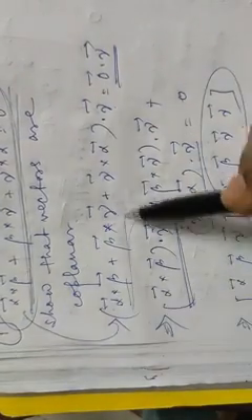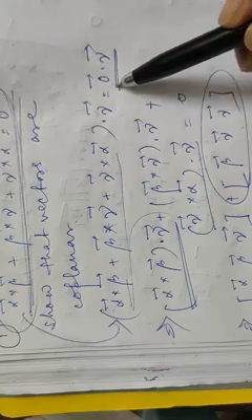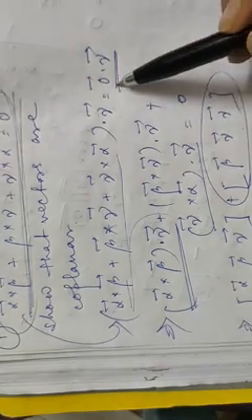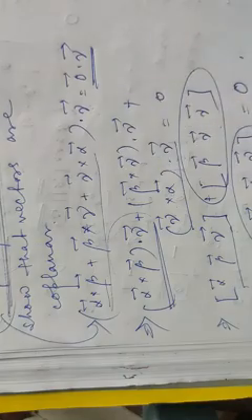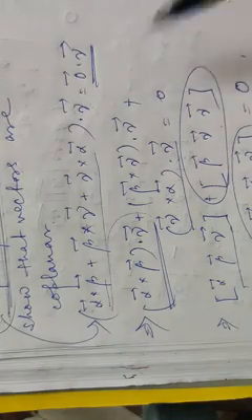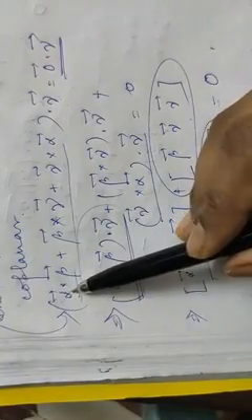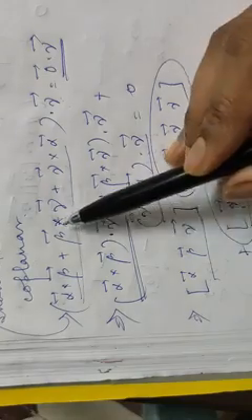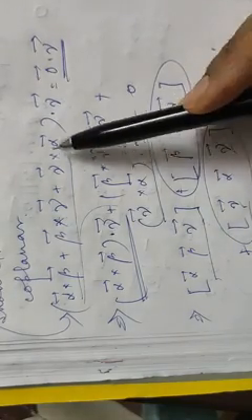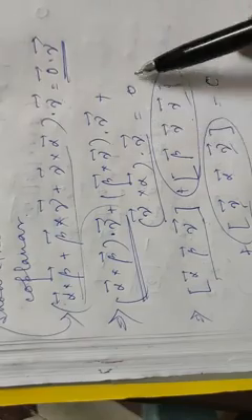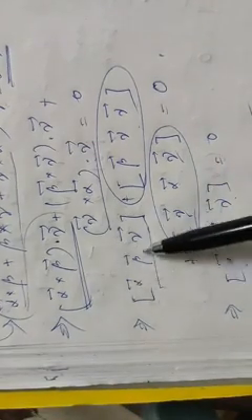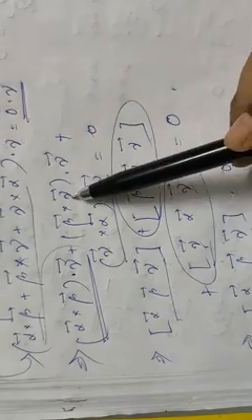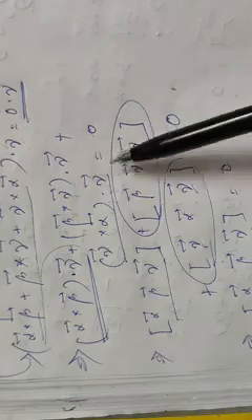So the left hand side will be this quantity dot gamma and the right hand side will be 0 dot gamma. Obviously the right hand side will be 0, and in the next step we are just opening the bracket because this satisfies the distributive property. So we can write alpha cross beta dot gamma, then beta cross gamma dot gamma, and then gamma cross alpha dot gamma equals 0. Now check the first part: this is the box product alpha beta gamma. From the second part, this is the box product of beta gamma gamma, and the third one is gamma alpha gamma, this equals 0.